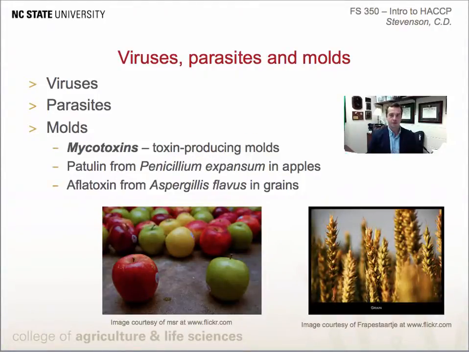The fourth biological source of hazards is mold. Accounting for hazards presented by molds in a HACCP plan can be confusing, since molds produce toxins which are often considered as chemical hazards and not biological hazards. Mold toxins are called mycotoxins, and they can cause acute poisoning or chronic health effects such as cancer over a period of time. In apples, the growth of Penicillium expansum, a mold responsible for blue mold rot, is responsible for